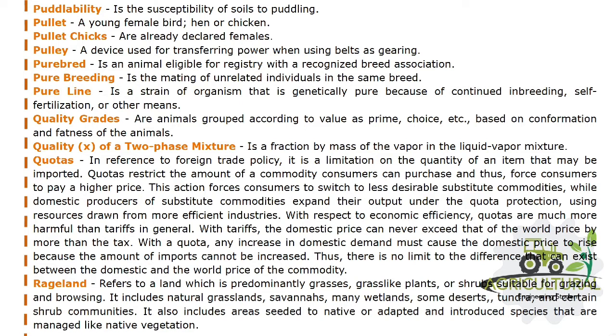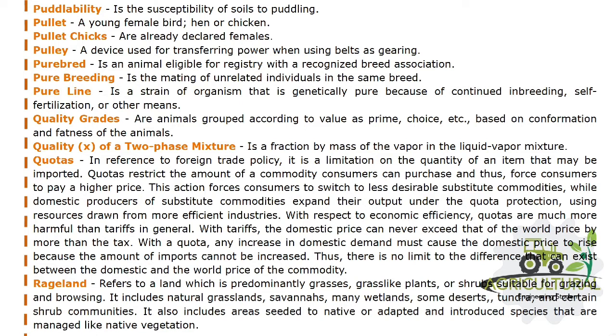With respect to economic efficiency, quotas are much more harmful than tariffs in general. With tariffs, the domestic price can never exceed that of the world price by more than the tax. With a quota, any increase in domestic demand must cause the domestic price to rise because the amount of imports cannot be increased. Thus, there is no limit to the difference that can exist between the domestic and the world